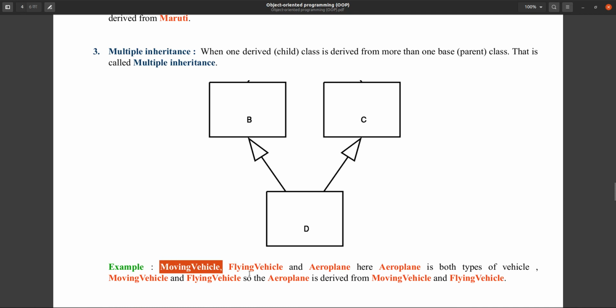Moving vehicle, flying vehicle and aeroplane. So you can say like that, an aeroplane is a moving vehicle. An aeroplane can move, and an aeroplane is also a flying vehicle because an aeroplane can fly also. So here the aeroplane is both types of vehicle, moving vehicle and flying vehicle. So the aeroplane is derived from moving vehicle and flying vehicle, because here the aeroplane is extending the features of moving vehicle and flying vehicle. So if you see the code,